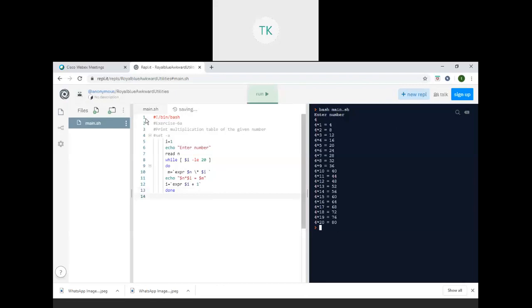So this is the case, like this we can execute any type of shell programs in this particular environment. Try to follow these steps on your mobile also. You can open this website, replit, and then select the language.